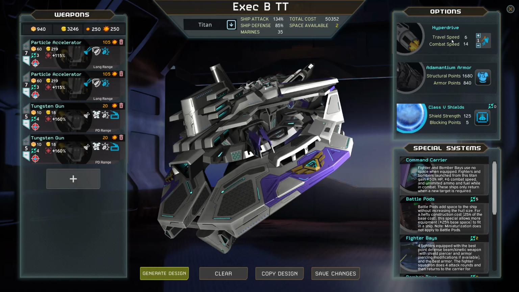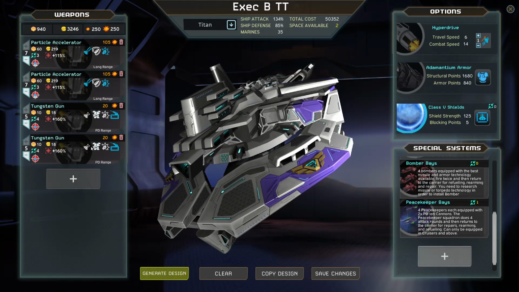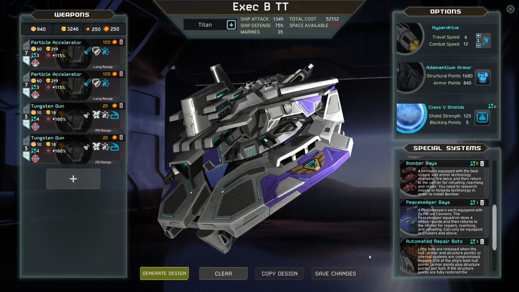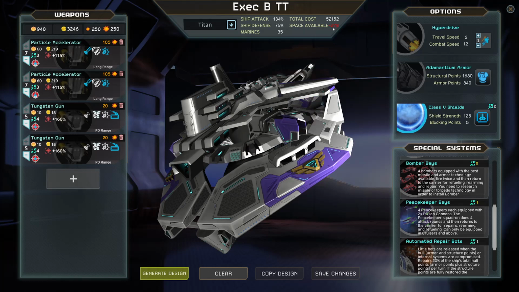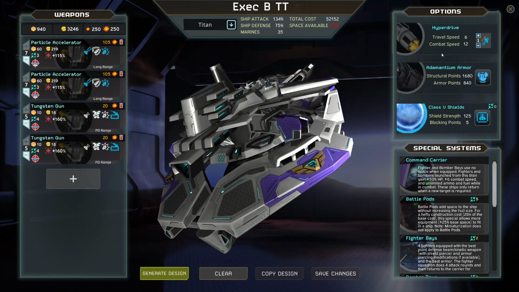Alright, so we have... Okay, so... Yeah, okay, so... Automated repair parts. That's what it was. That takes 278 space, or 280 space, because we had 2 left over. Alright, so... to make that work, we'll require...